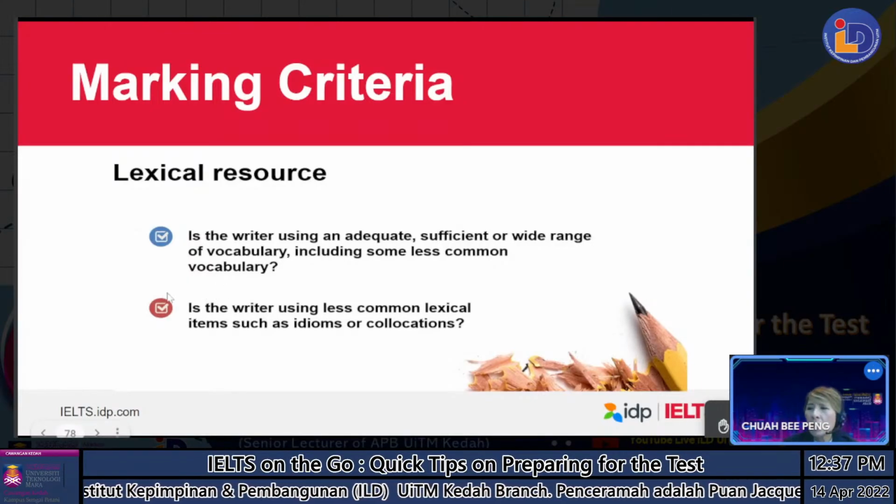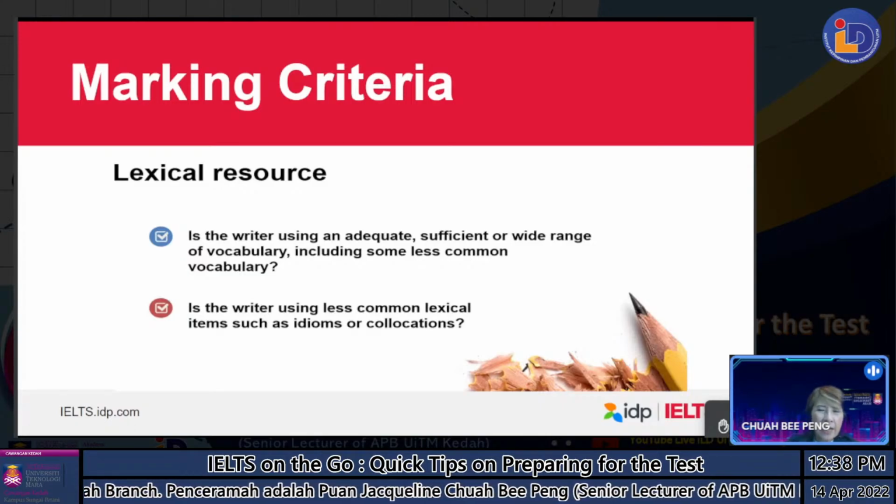Don't just focus on those bombastic words that our Malaysian writers like to use. Forget about that. You don't have to impress, especially if you don't even know the meaning of the words. If you use them wrongly, it will backfire. Use simple and correct words or phrases. You can throw in some sophisticated idiomatic expressions, but they are actually quite cliche, and if you don't use them in the right place, they will look even more awkward. So try not to do that.